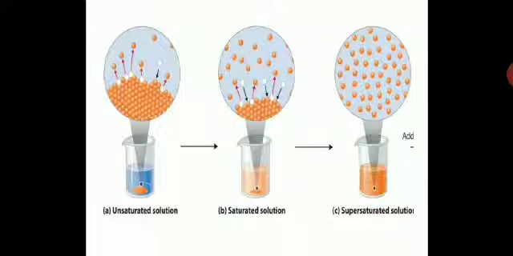Here you can see it at a molecular level, just a diagram for you to have a clear understanding. In the unsaturated solution, you have more space, more scope of dissolving more molecules. Saturated: here there is negligible scope of dissolving any more. Now supersaturated: no scope at all because it is already full of molecules. So it is just a diagrammatic representation at a molecular level of unsaturated, saturated and supersaturated.